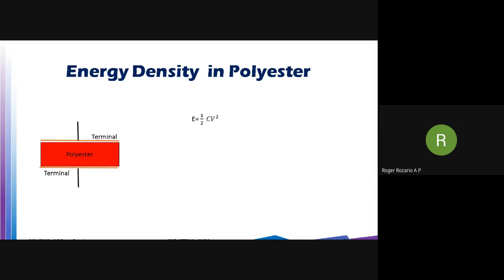polyester. For example, let us say polyester. So polyester, the permittivity is almost 4 times that of the air. 4 into 8.854 into 10 power minus 12 farads per meter, where 8.854 into 10 power minus 12 is the permittivity of free space. It's approximately 3 to 4 times the permittivity of air. And the amount of electric field intensity that can be withstood by polyester is 275 into 10 power 6 volts per meter, megavolts per meter.